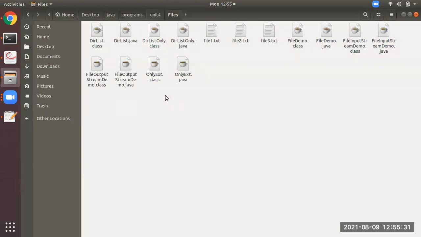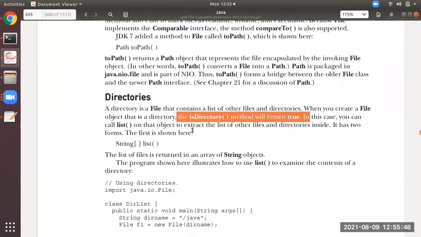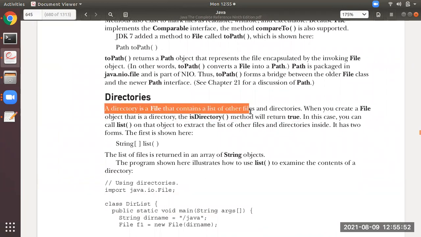But whereas you see only ext.java is there. What is this? This is not a directory. This is a file. Okay, this is one kind of a program. Directory is different. So directory is nothing but a folder. So you see here, what will it consist of? It will consist of a list of files. So you can see a directory is a file that contains a list of other files and directories.